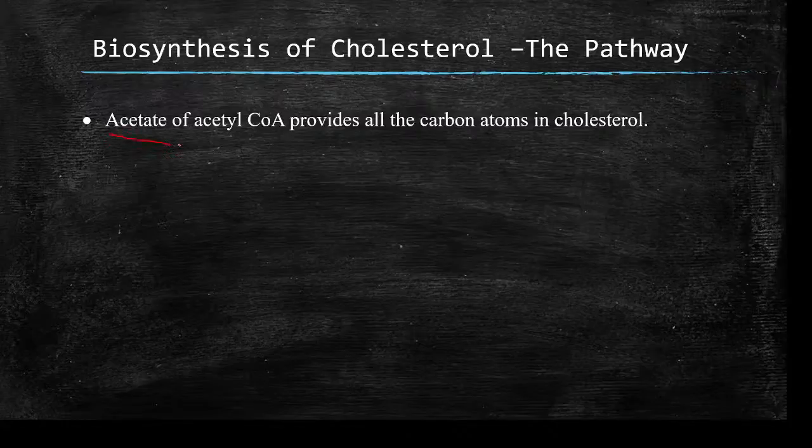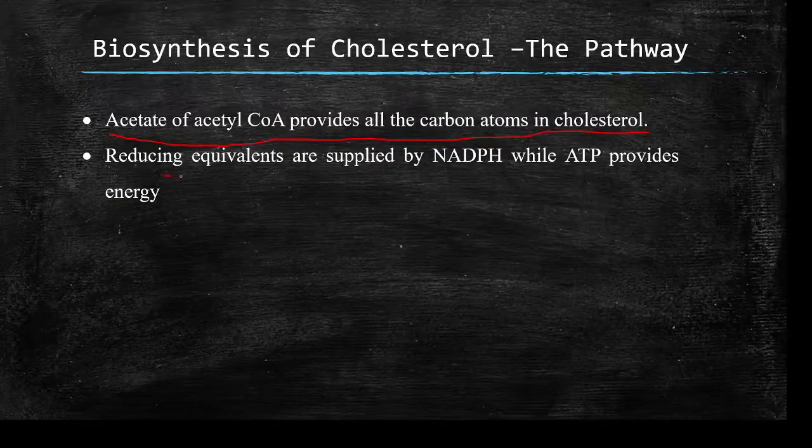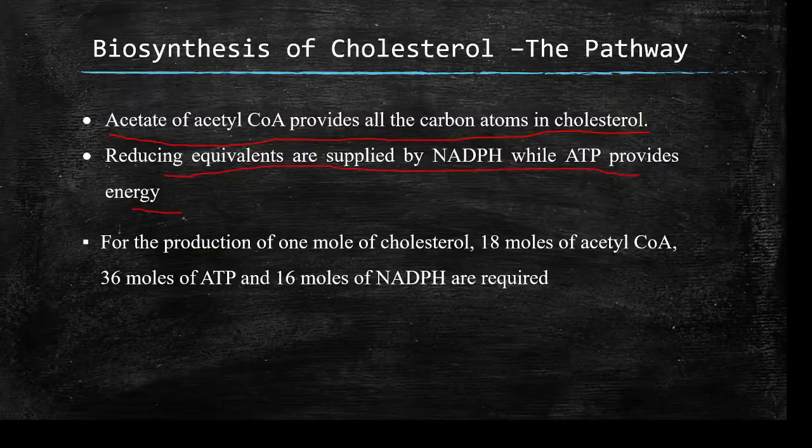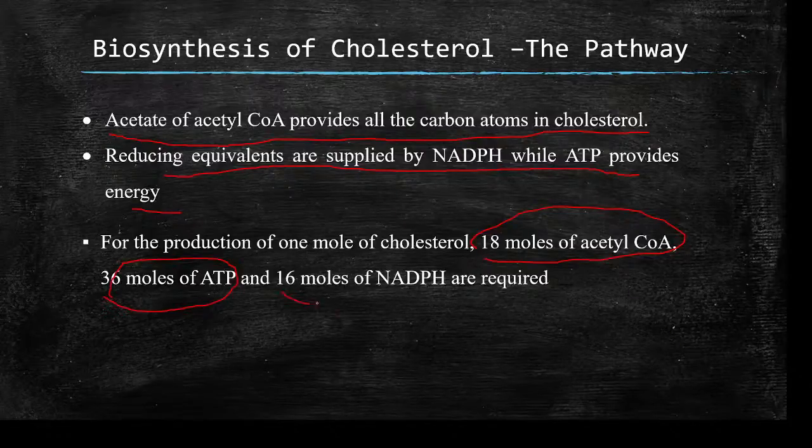So it starts from acetyl-CoA. Acetate, provided by acetyl-CoA, provides all the carbons in cholesterol. The reducing equivalents are supplied by NADPH, while ATP provides the energy. For the production of 1 mole of cholesterol, around 18 moles of acetyl-CoA are utilized, along with 36 moles of ATP, and 16 moles of NADPH are also required. So a huge amount of energy is required to synthesize 1 molecule of